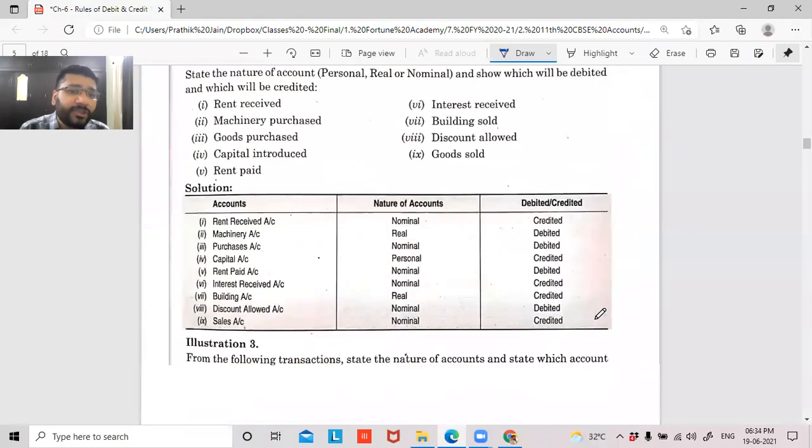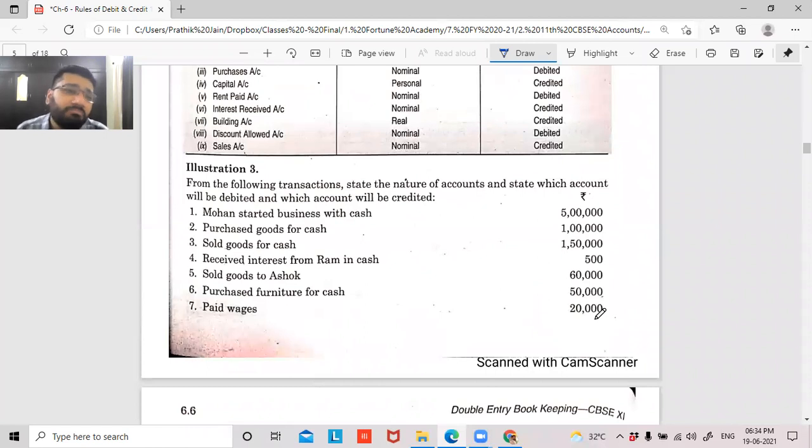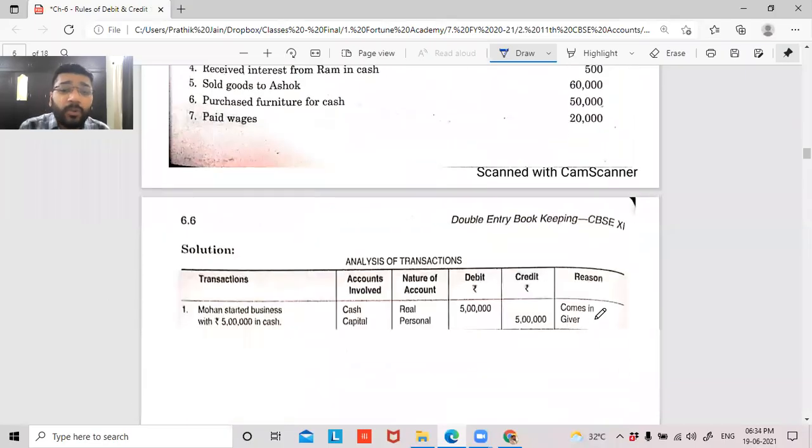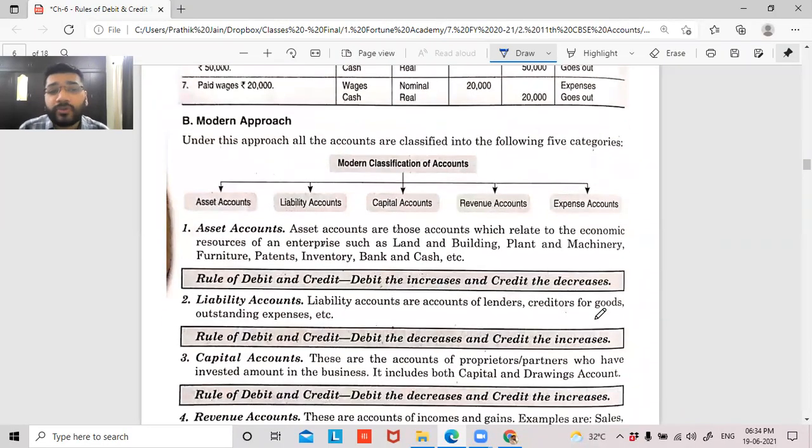So we're left with 2 more questions, guys. We'll do that in the next class, illustration 2 and illustration 3. Probably we need another 40 more minutes to complete illustrations 2 and 3. And after that, guys, we'll be doing the next approach called the modern approach. This is very, very important. In your entire 11th, you'll be giving equal weightage, equal importance to both approaches, traditional and modern. But when we do 12th and onwards, the only approach we'll be emphasizing much on is the modern approach, because golden rule is a big disaster. It's a big failure. Why it is a disaster, why it is a failure, we'll understand in the upcoming class. So next class is going to be very, very important, guys, and modern approach is going to be a killer approach.